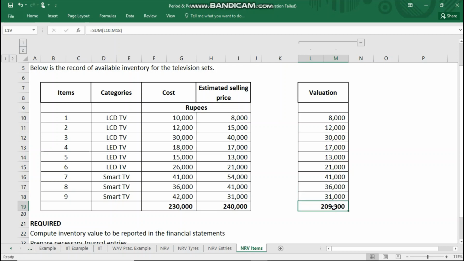So we can say that the amount at which inventories need to be reported in the financial statement should be 209,000, because we need to do this testing at item level instead of totality level. Okay,